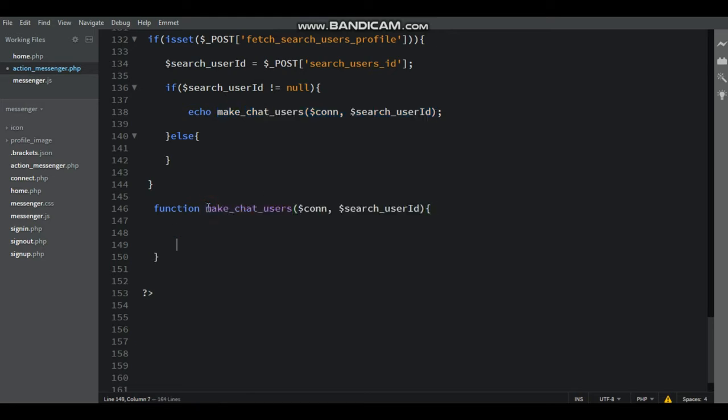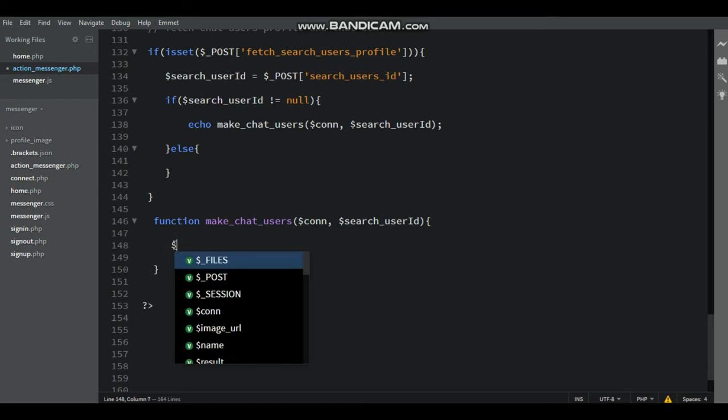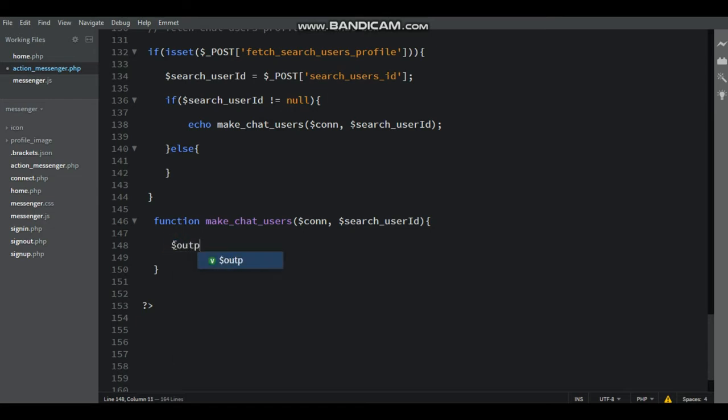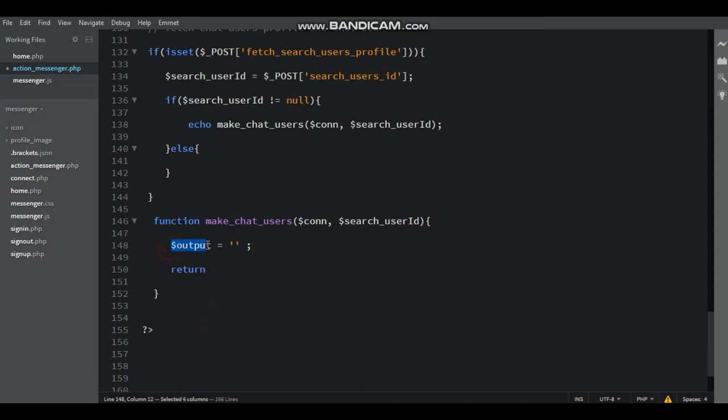Here inside the curly brackets, write $output equal to single quotes, leave it blank inside the single quotes, close with a semicolon. Now return $output. Here the output value shows the echo function.